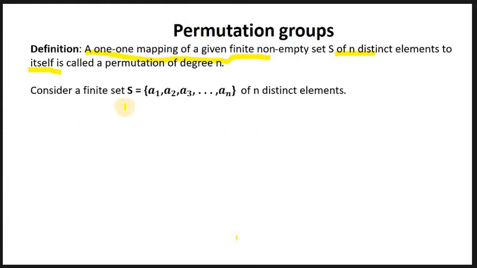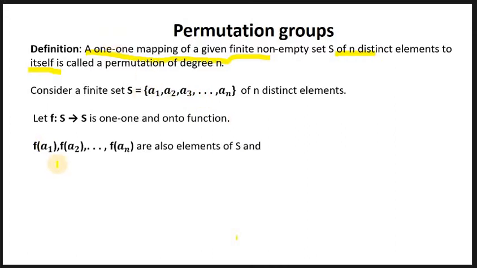So consider a finite set S equal to a1, a2, a3, so on an, and define a mapping f from S to S that is 1-1 and onto, meaning every element of S has an image, and a unique image.